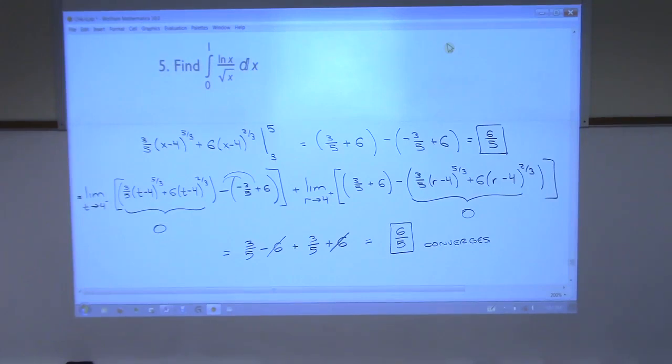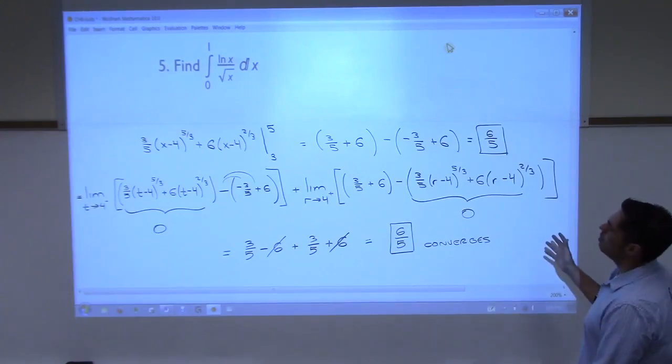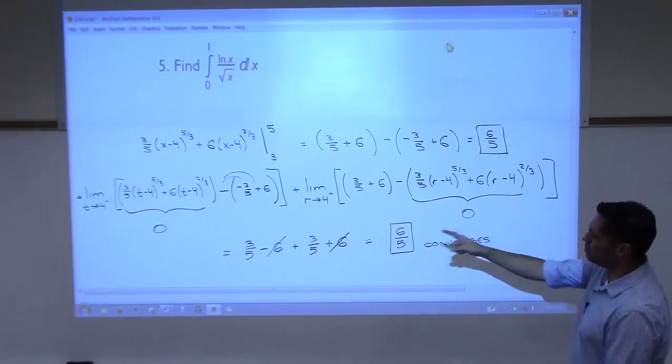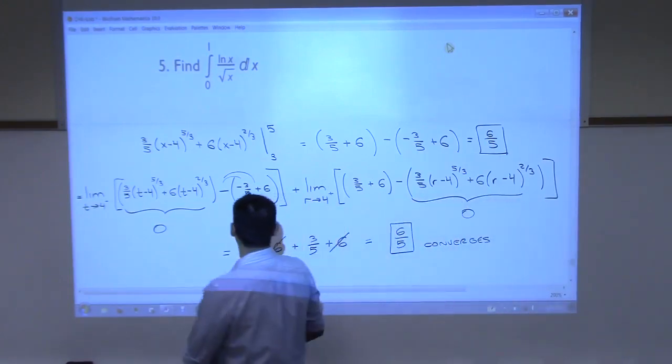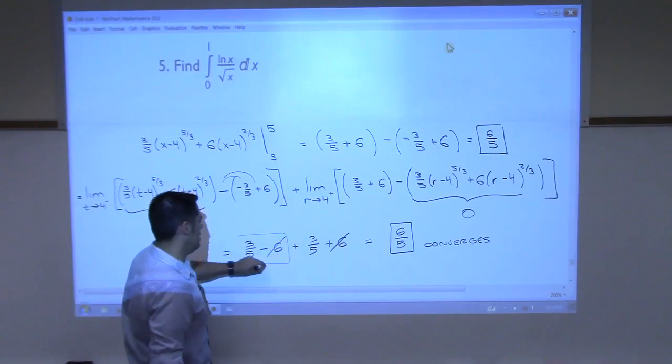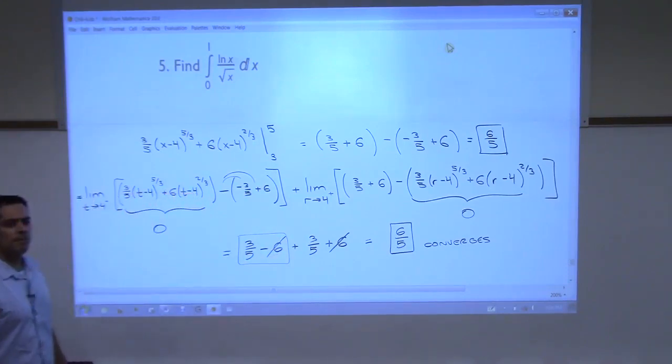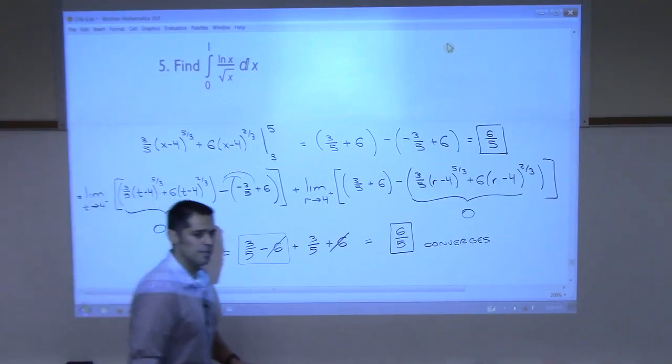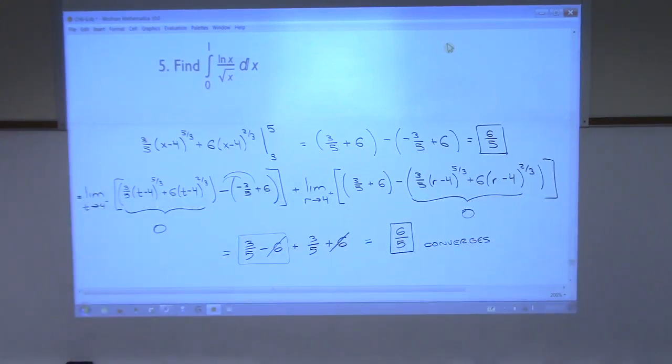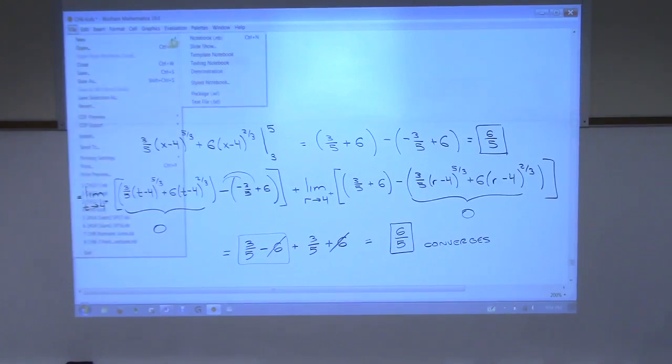Yes? I have a question real quick. What would be just the area between 3 and 4? Just the area between 3 and 4. Where was our 3 and 4? Was it this one? It was this one, right? Then it would be that right there. Would that be negative? Well, we haven't graphed it. We didn't graph it. Do you want to see the graph? Oh, so would that just mean that the area is under the curve? Yes, but I mean, I don't